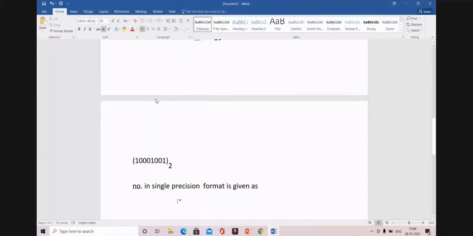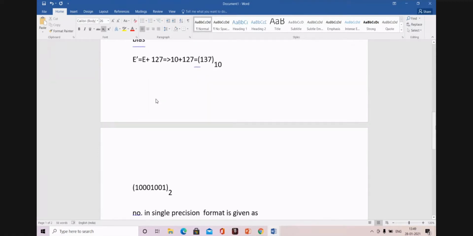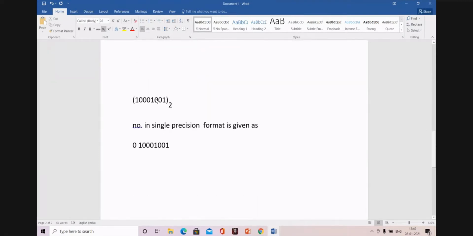What is the sign? 0. And what was the exponent? The exponent is 10001001, right? And the mantissa, you write the mantissa. What was the mantissa? 001, right? So the mantissa is given like this: